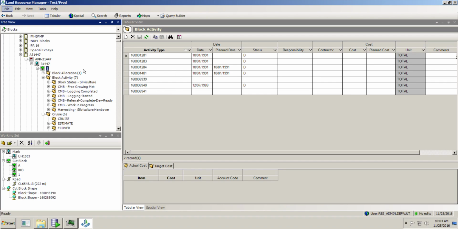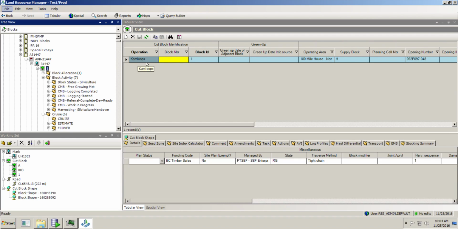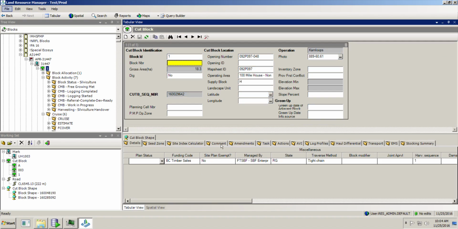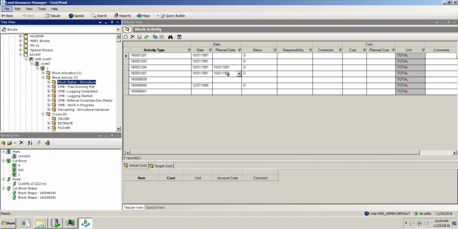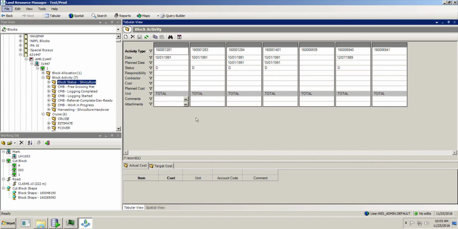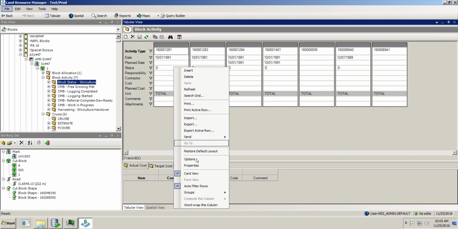When I'm looking at the tabular view, just to finish off that discussion, I can choose to look at it in the grid view, which you may see by default. You may also choose to look at it in what's called form view, which is reminiscent of resources and maybe helpful when you've got a lot of attributes and you want to see them all on the same screen. If you're using grid view or looking at several records at the same time, you can also choose to look at them in card view. This is another representation that allows you to see things side by side and can help out as you're moving